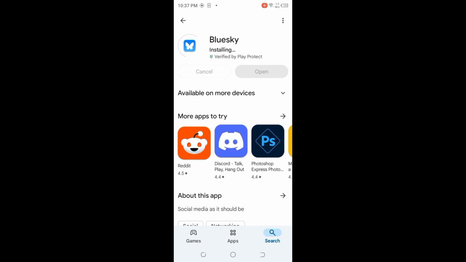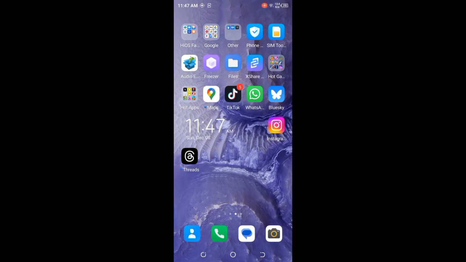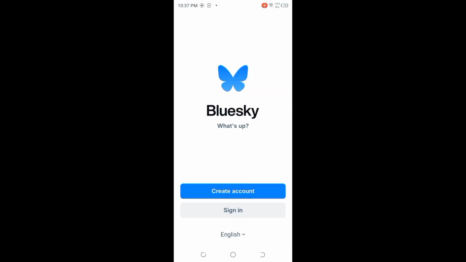Once the installation is complete, click on Open to launch the app. Alternatively, you can find the app icon on your home screen and then you can start creating your account on Bluesky. And that's how you can download and install the Bluesky app on your